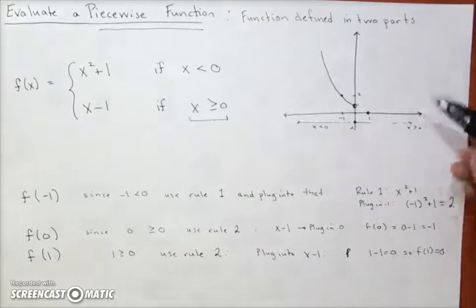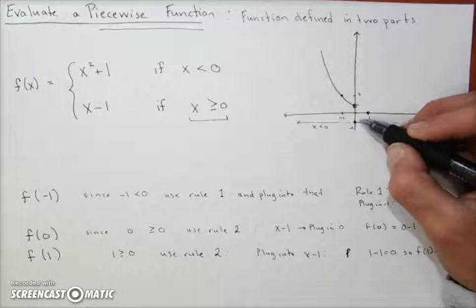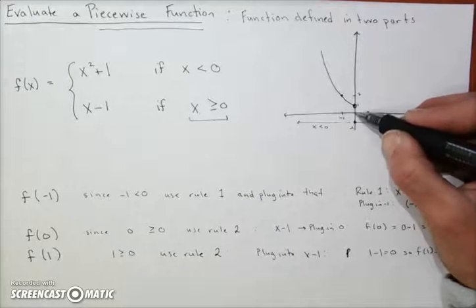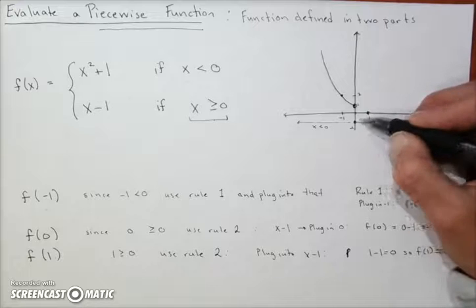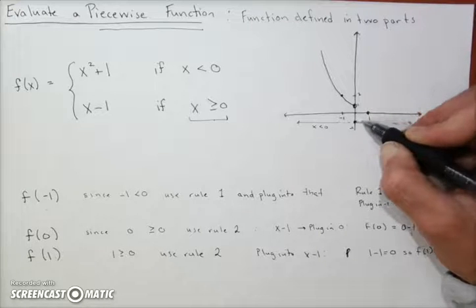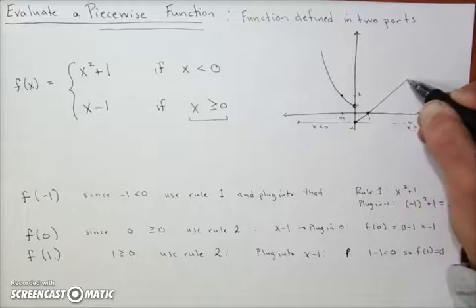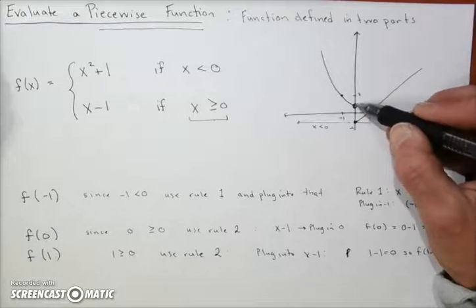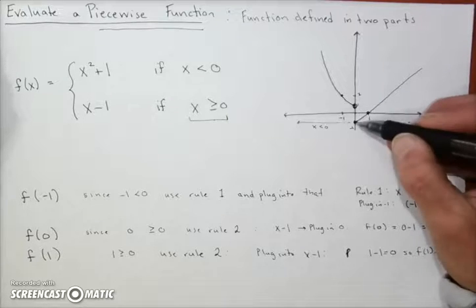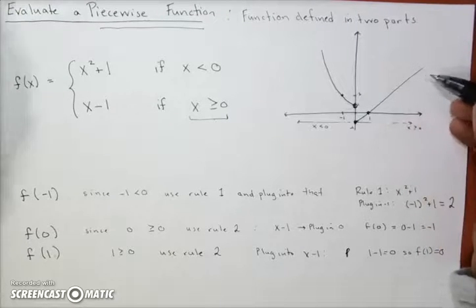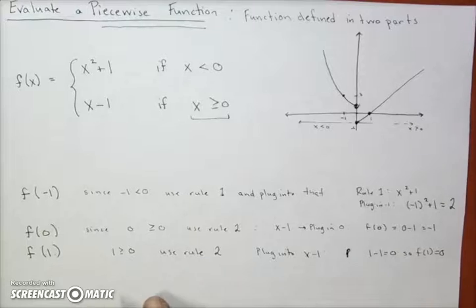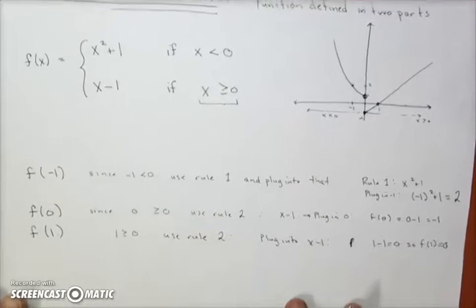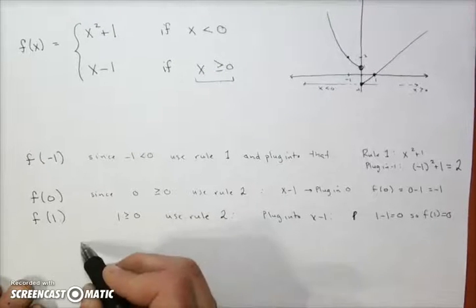X minus 1 is a graph of a line with a slope of 1, up 1 over 1, and it goes through negative 1. So this is what the graph of this piecewise function would look like. We have an open hole on the parabola part, a closed hole here. So study this example a lot because it takes a little bit of time to understand, but the steps